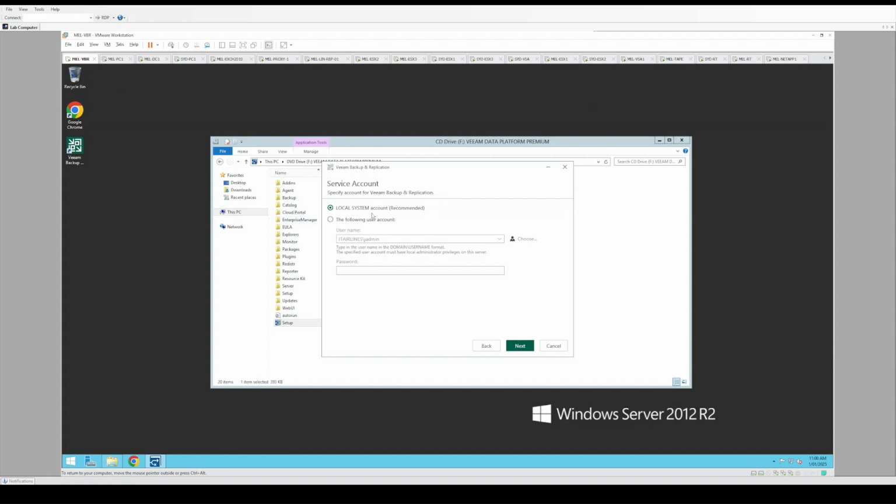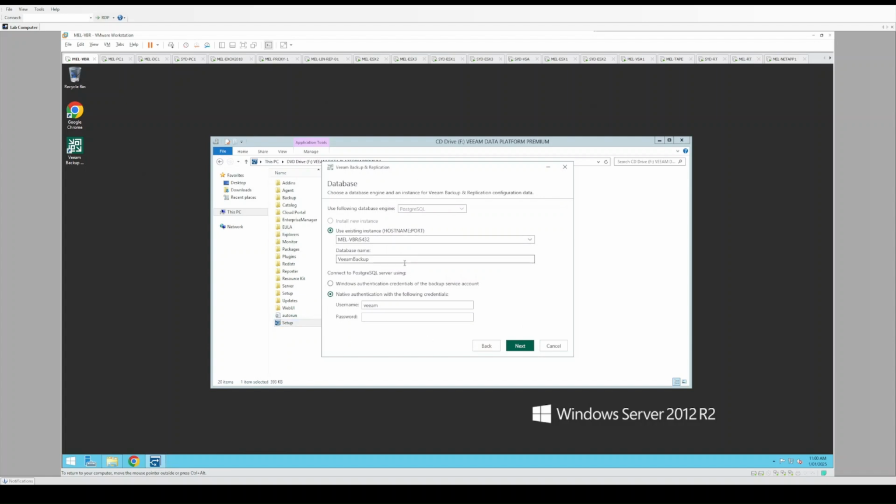Now I've been using local system account for my service account for Veeam. That works fine. I'm using PostgreSQL on this particular server, so don't really need to do anything different here. So I'll just hit next. Not going to change anything, just keep everything as normal. Just need to provide the PostgreSQL credentials, which we would have created when we set up PostgreSQL originally